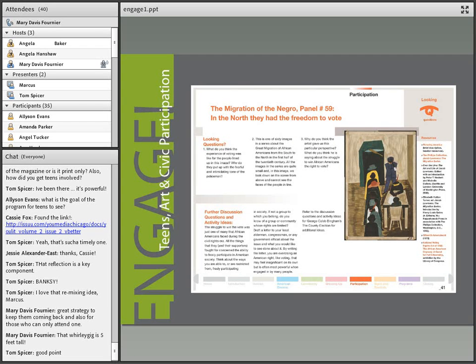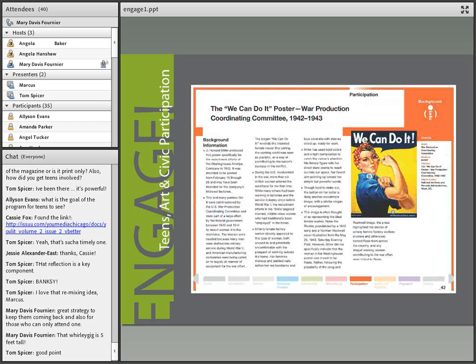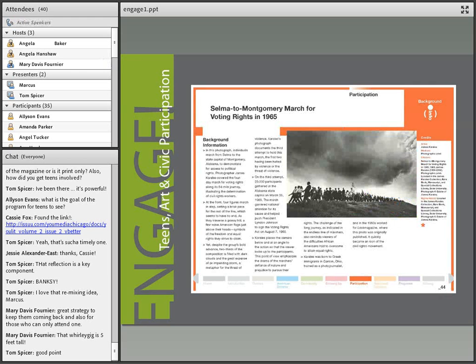They also provide looking questions created by art education experts to help with discussion of the images and to help unpack its contents and implications with teen audiences. The images in this selection and other selections range from the painting we just looked at and that Tom mentioned, George Caleb Bingham's, depicting elections in the mid-1800s, to stirring images from the mid-20th century, such as this panel from Jacob Lawrence's Migration of the Negro series, to iconic images such as the World War II era We Can Do It propaganda poster, to familiar and powerful images such as James Karales's photograph of the Selma to Montgomery March for Voting